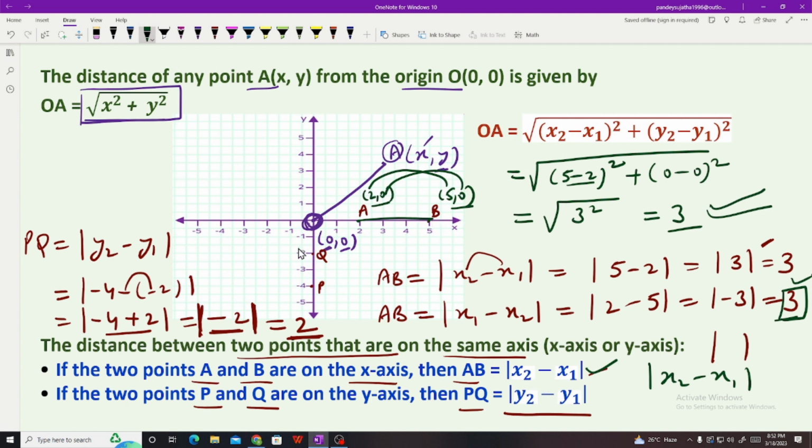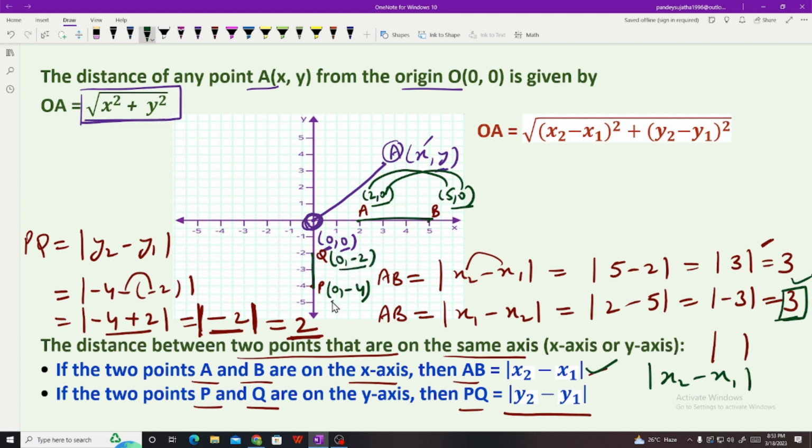The same way, to find the distance between 2 points which are on the y-axis, let's write the coordinates of this point P, that is 0, minus 4, since the point is on the y-axis. And here the coordinates of this point Q is 0, minus 2. If I put the coordinates of P and Q in this formula, then I get PQ is equal to root of x2 minus x1, that is 0 minus 0 whole square,